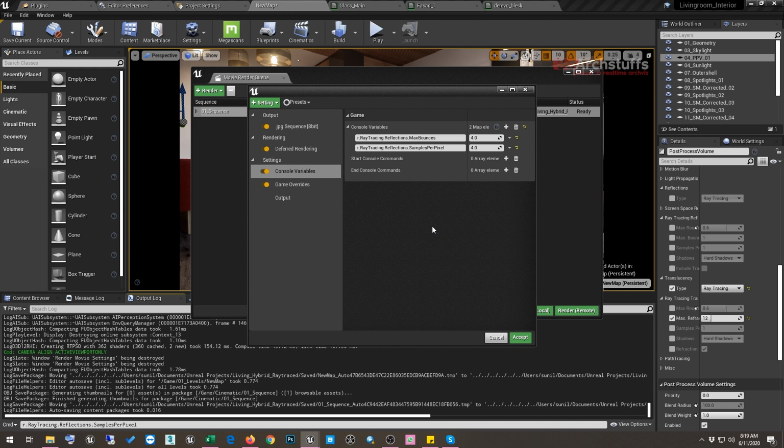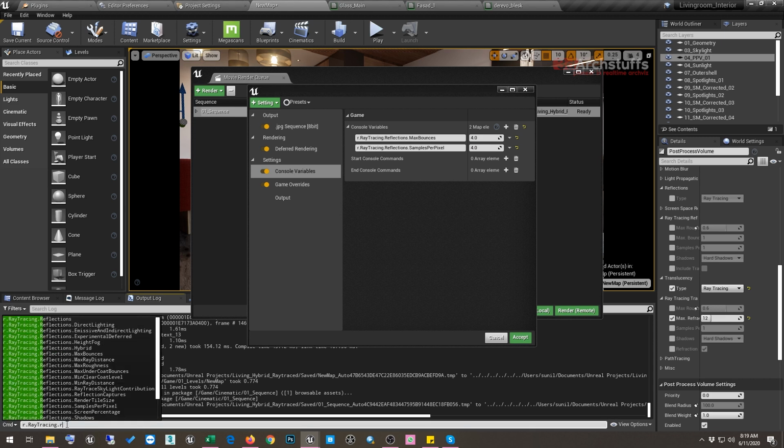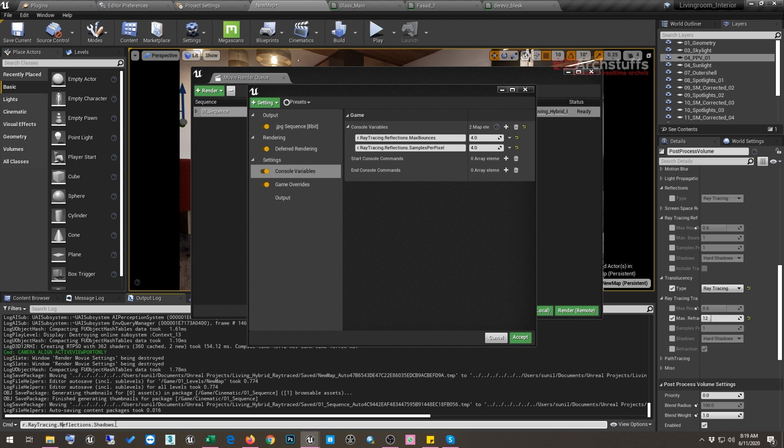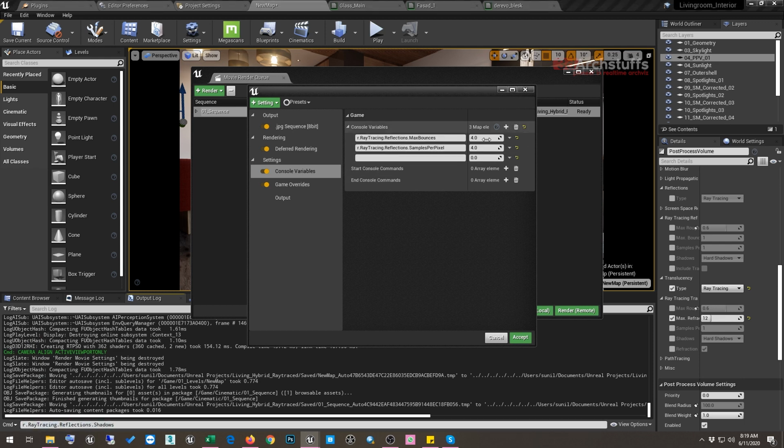And then after this there are shadows. For shadows, we click reflection, then click on shadows, copy this, click on this plus button, paste it and make it 2.